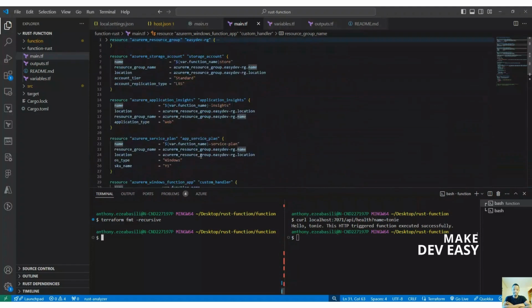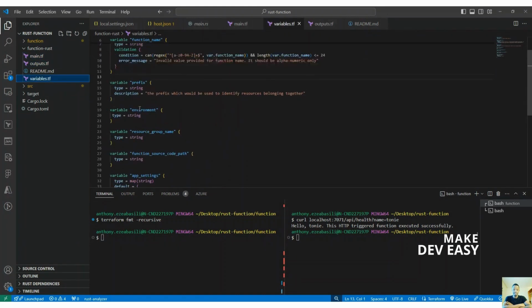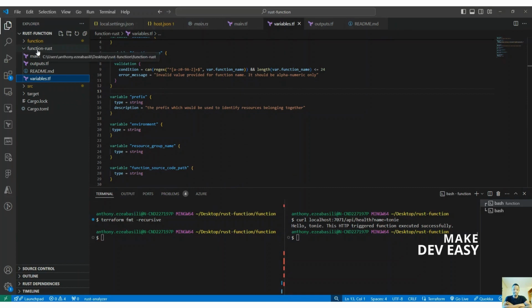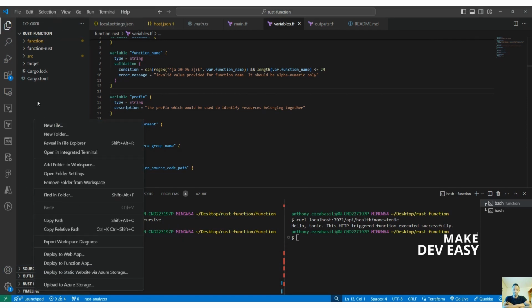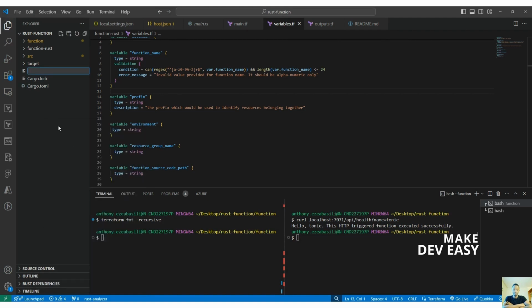So the next thing we can now do more or less is define our main, our outputs, and of course the variables that need to be provided when anyone wants to use this resource. And now what we have to do is more or less try to use this resource and see how that goes. And to do that, I'm just gonna, in the root here, create a file called main.tf,